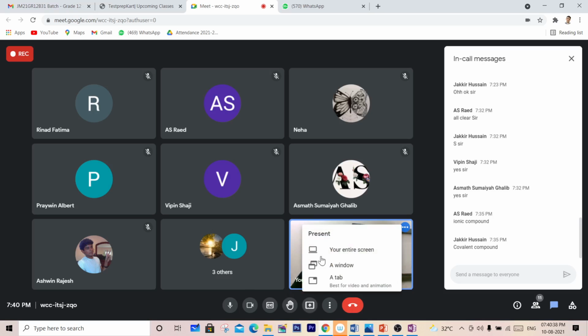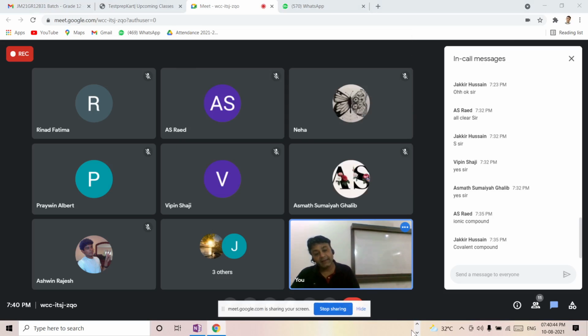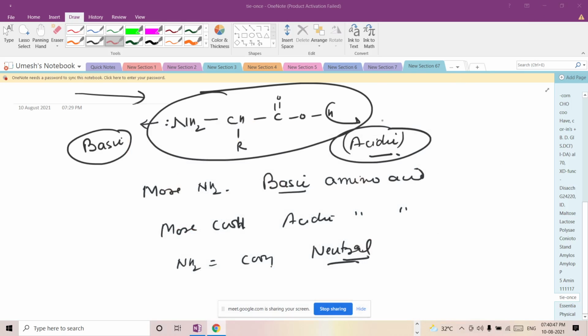Okay, let me now tell you if you're not telling me anything. If you look at the structure that I have drawn, it seems to be covalent. And if it is covalent, it should have a low melting point. It should be amorphous. It should not be soluble in water. But practically, we find it's a crystalline solid. It has a very high melting point, just like an ionic compound. This indicates that the molecule must be ionic.